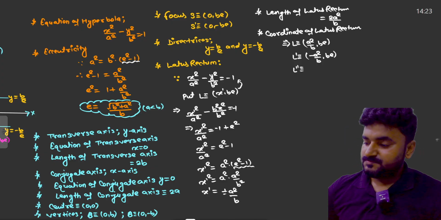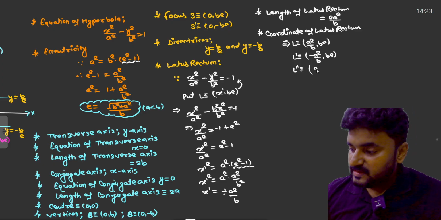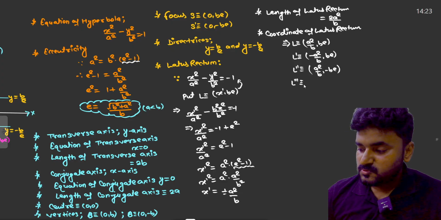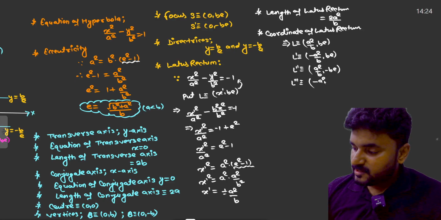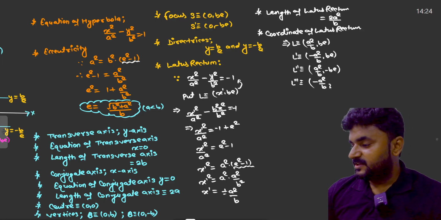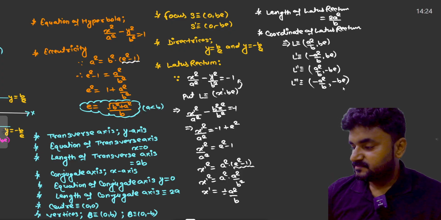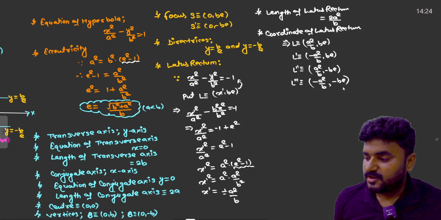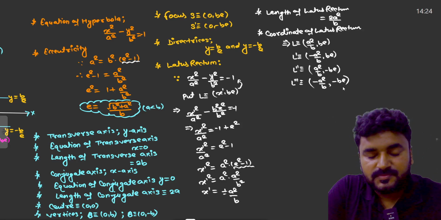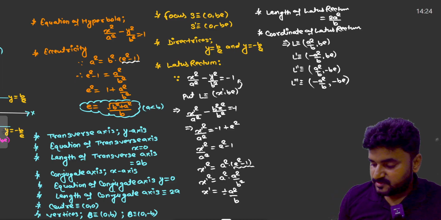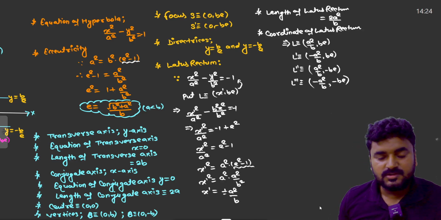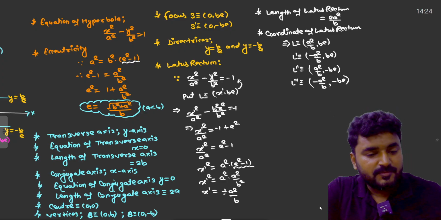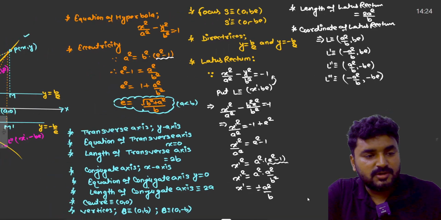This is what? a square by b comma minus b, and L triple dash this is equals to what? Minus of a square by b comma minus b. So this is all the coordinates of the latus rectum. So student, I think you understand this one. So similarly, we can find out the other topics of the hyperbola, and this was all about